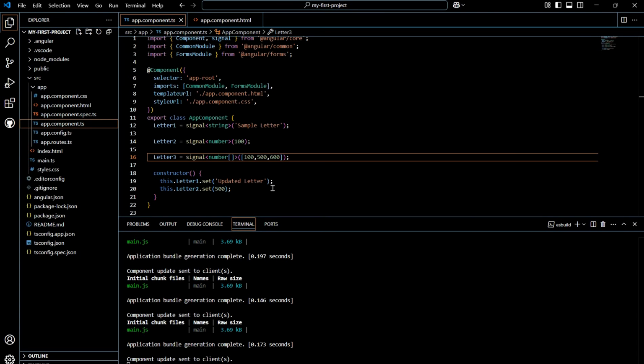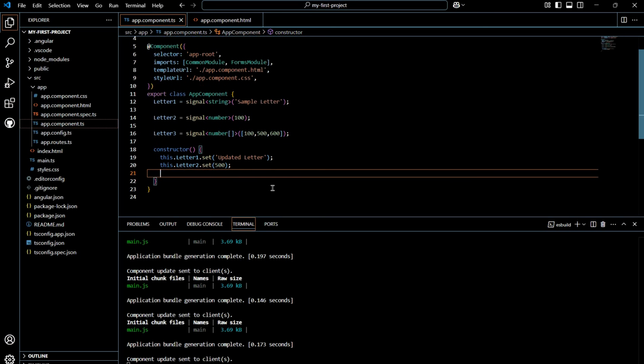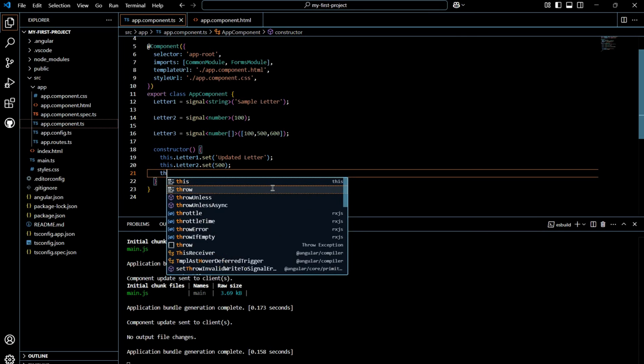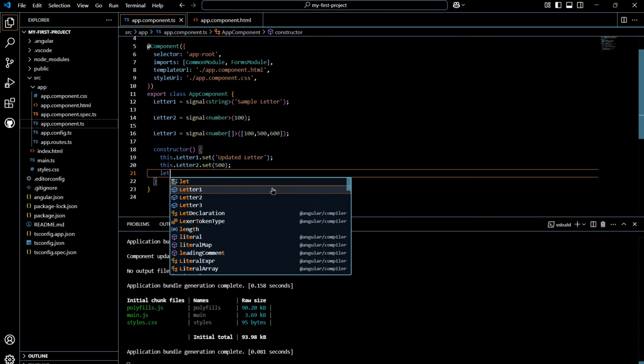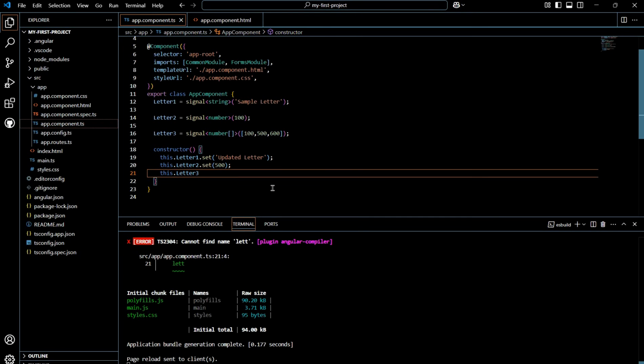So to change this value, go to the app.component.ts file, just simply write here letter 3. And one more interesting thing, every time there is no need to write this dot, you can simply write here letter 3, it will automatically add the this, because we are in the constructor. Okay, and remember one thing, it will work only in functions and constructor,